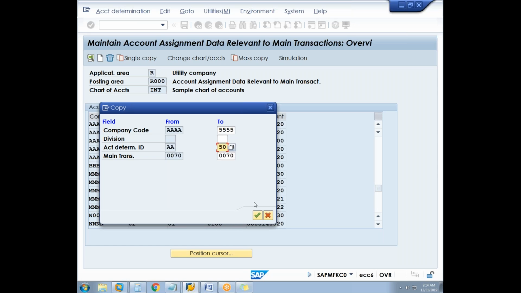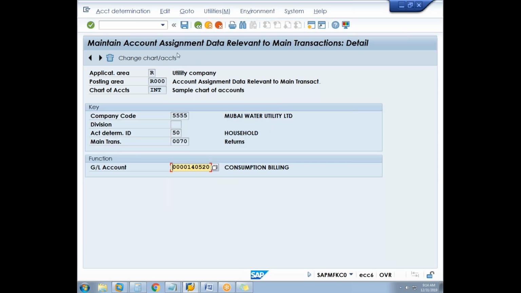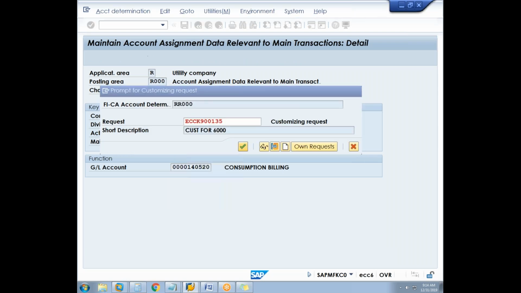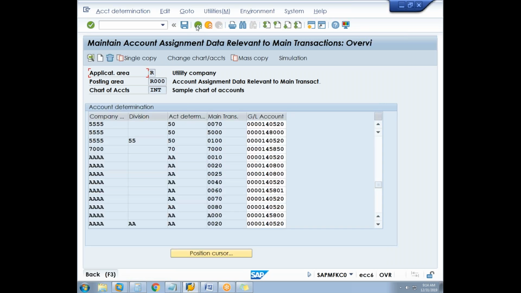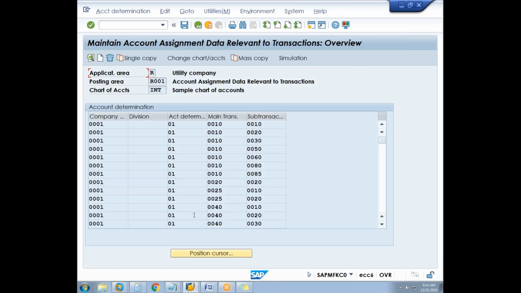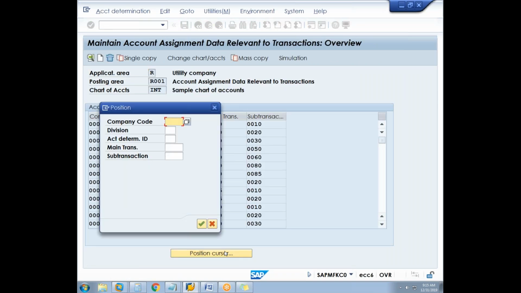Residential consumer, main transaction, and then save it. So you are given a reconciliation account for the returns. Now we'll go to EK02. That is for the sub transaction. So company code AAA AA